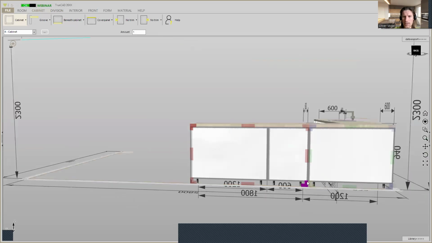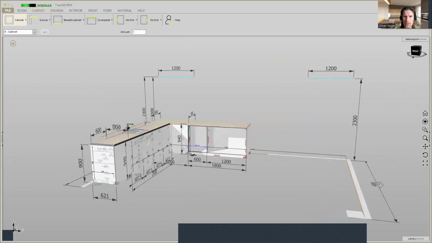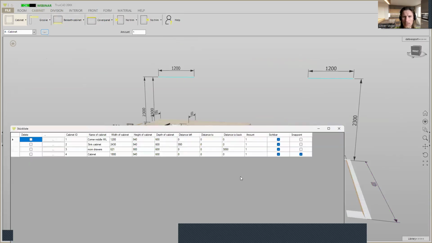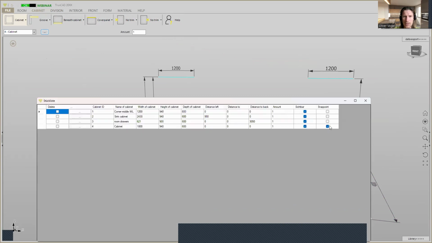That's why it's yellow. So it's activated, and when it's snapped and it has the same formatting and the same material, then